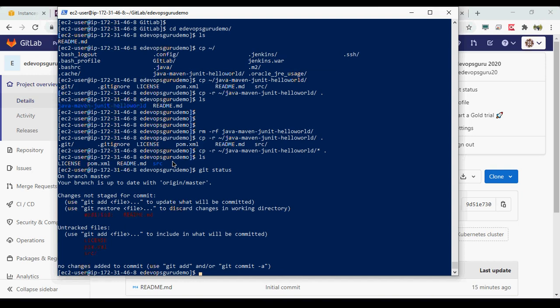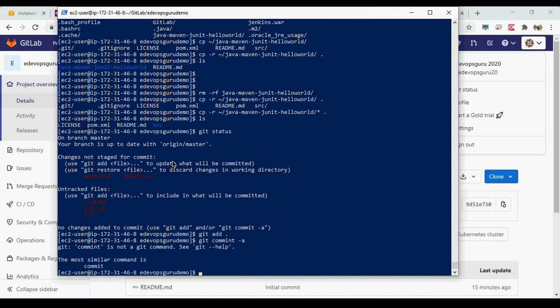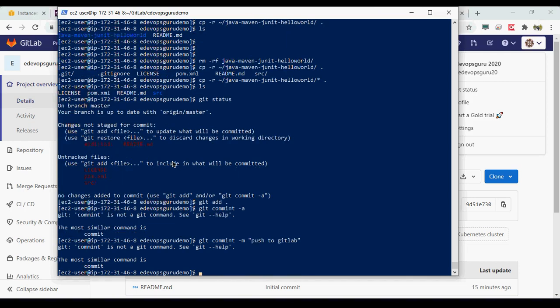Basically you are taking code from one repository and pushing that code into another remote repository. So you can do git add, and then git commit -a. The -a is not needed, so we can just add the comment, whatever it is.